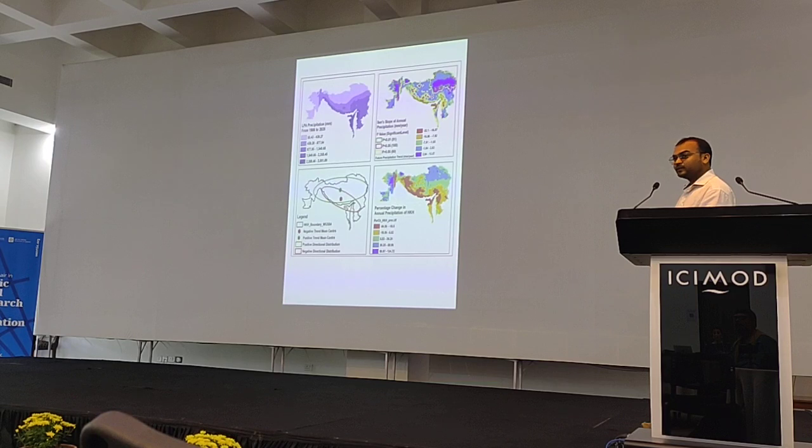Is it a future value or a present value? Using the precipitation of the past, we can predict, because the slope gives the direction and magnitude of the trend, at what level it is increasing or decreasing. From here, there is just a simple equation of percentage change. We used the slope multiplied by the length of the time series times 100, divided by the absolute mean over the 35-year time period. Okay. Thank you, sir.